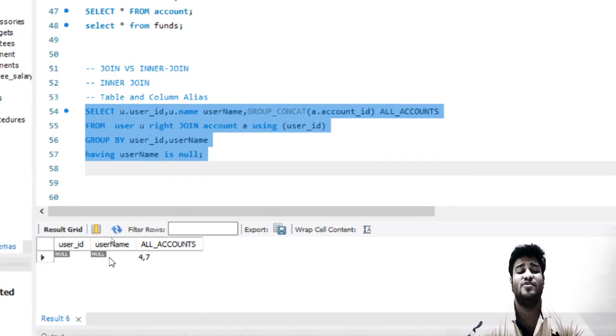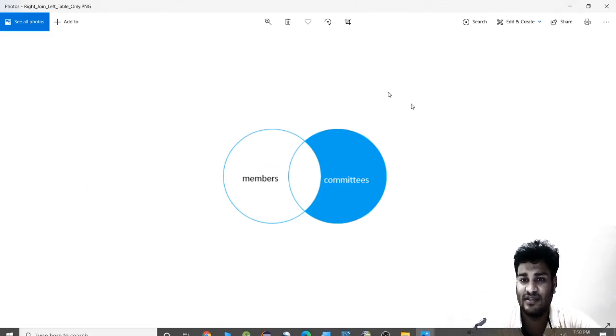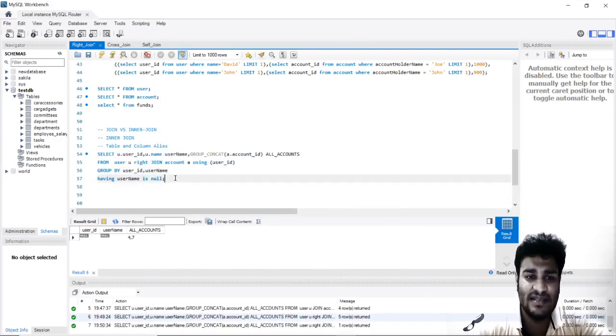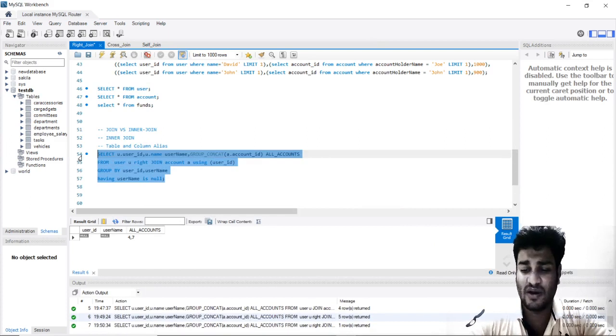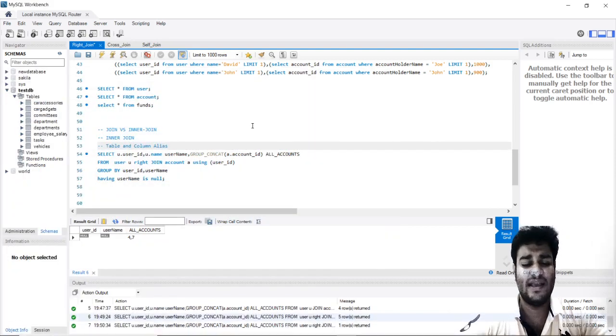This is the statement which you can apply, and then you will have just those accounts which do not have any username and ID. That represents a Venn diagram which is something like this. This is the Venn diagram represented by this query, and this is something which you can even use for right join. And there are a lot of other things which you can form in this case.